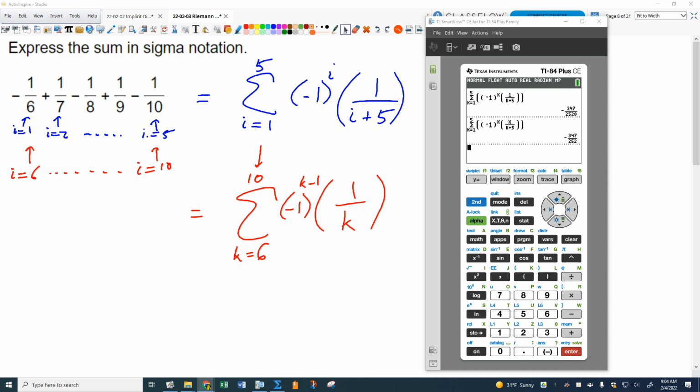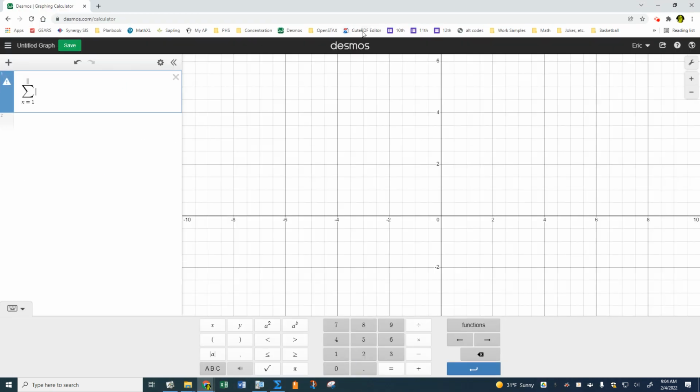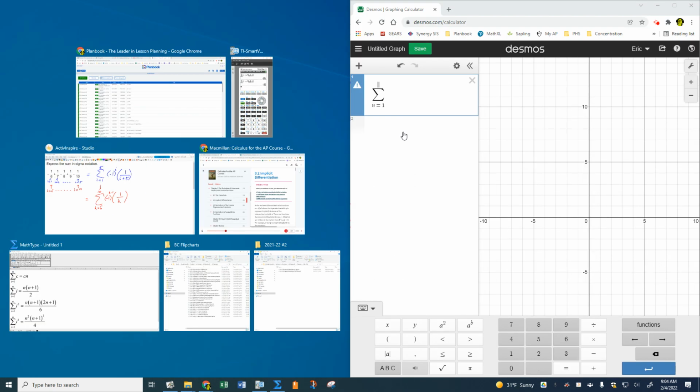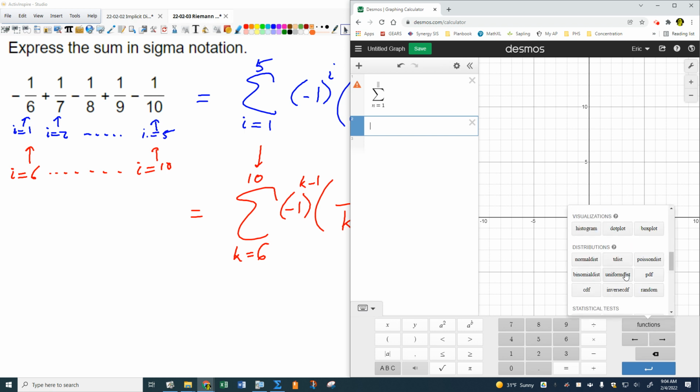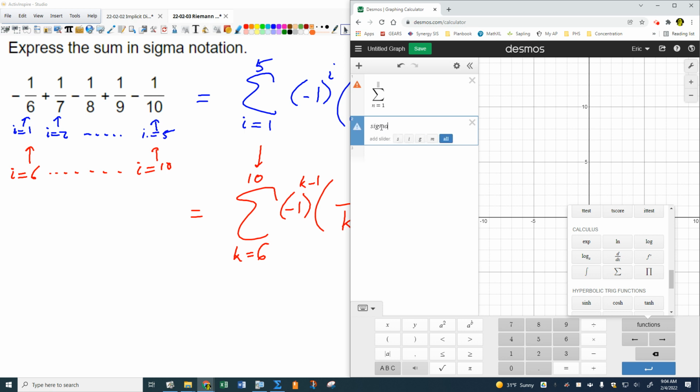As n goes from 1. Oh, you're not seeing that, are you? There you go. So where I found this, if you just go down to the keyboard at the bottom and you go to functions and you just go down to the calculus, you get integrals and all kinds of stuff down there, okay? I wonder if I type sigma. No, it doesn't do it. Okay. So we're going from 1 to